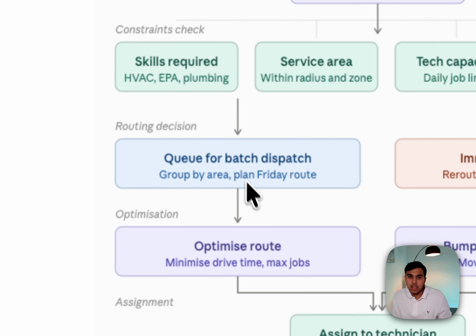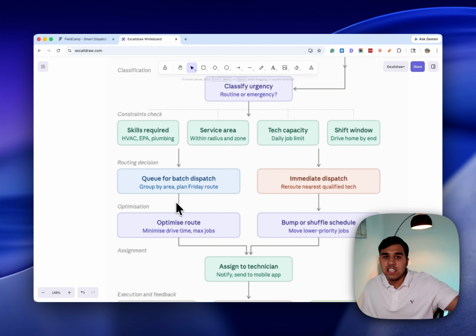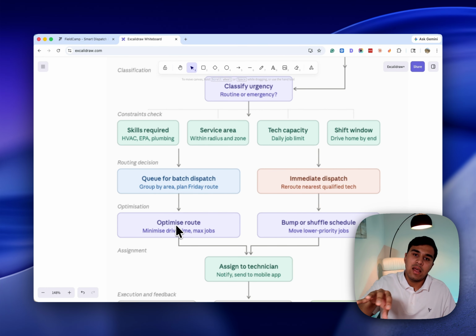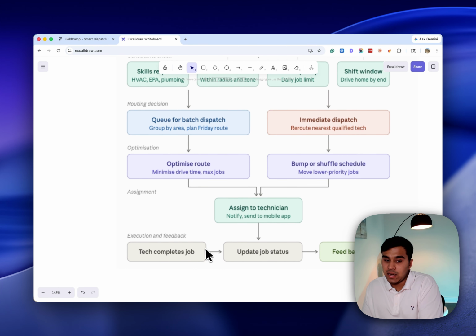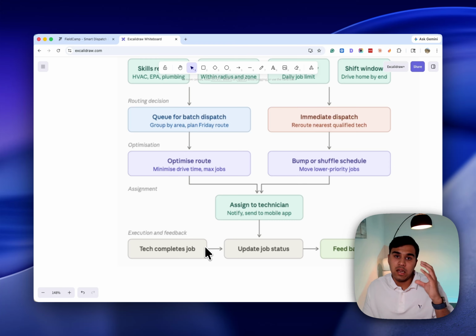Once all of that is done, you either queue it into the dispatch and then bulk dispatch it, which optimizes the route and then plans skills, zones, etc. Or you immediately dispatch it. Then the reshuffle tag comes in, where if anything urgent is not on the calendar, it's going to push the existing job later and replace it with the more urgent job. Once all of it is confirmed, it pushes back to the system that you're using, if you are using Jobber or ServiceTrade, etc. Or if you're just using our mobile app, then the technicians just go, complete the job, and the